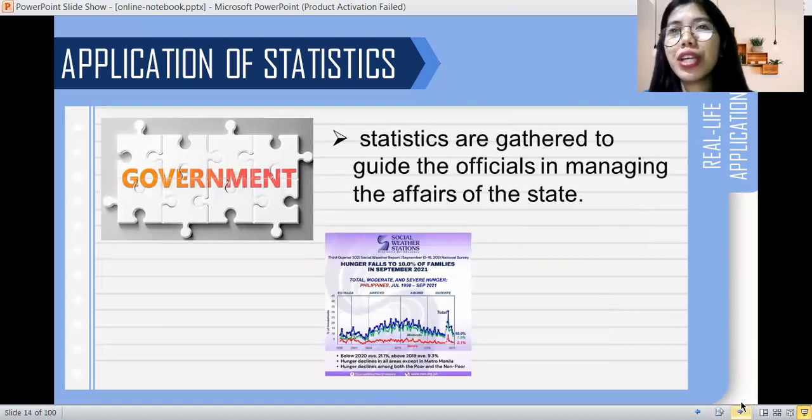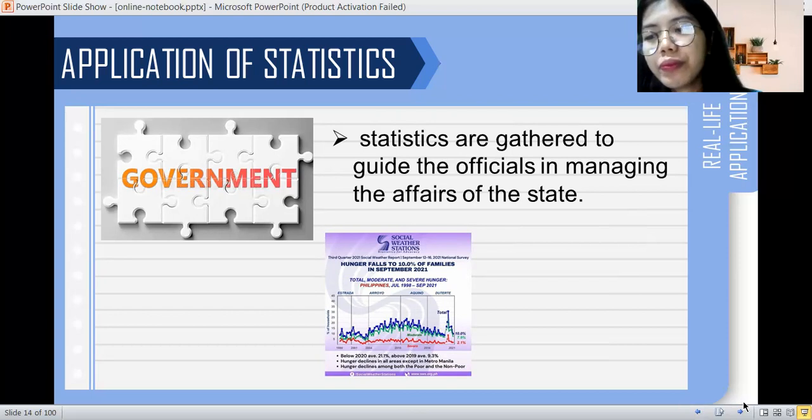Statistics are gathered to guide the officials in managing the affairs of the state. So, ano nga ba itong mga affairs of the state na to? So, we have here another chart entitled Hunger Falls to 10% of Families in September 2021. So, the government can determine if may progress ba sa mga ginagawa nila na intervention to address hunger and poverty sa ating bansa. And then,